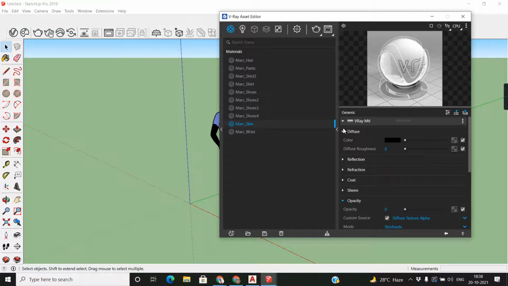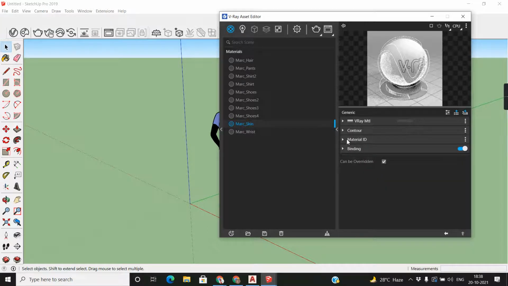If you want a material ID, you can set the material ID. You can define the material ID.